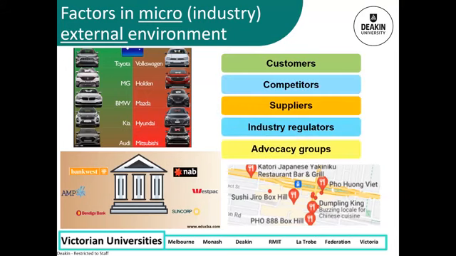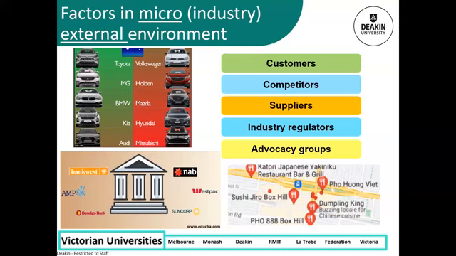You can see on the top left-hand side, we've got the motor vehicle industry. They all compete with each other for the same customers. They have the same advocacy groups, like here in Victoria, we have the RACV. They're competing against each other for the sellers, and they often have the same suppliers. Often they use the same inputs, the same airbags or braking systems, for example.